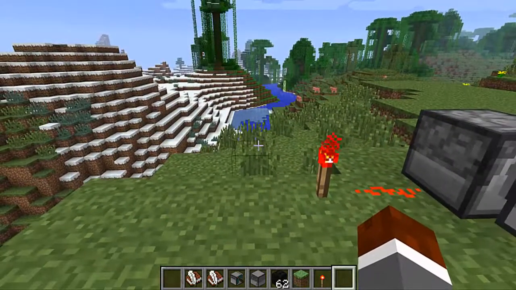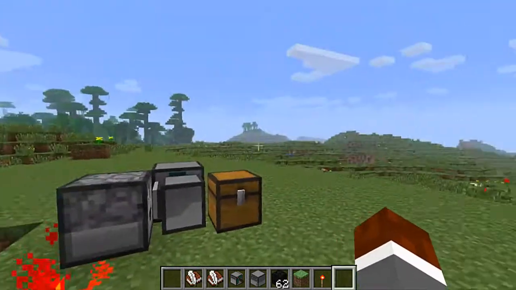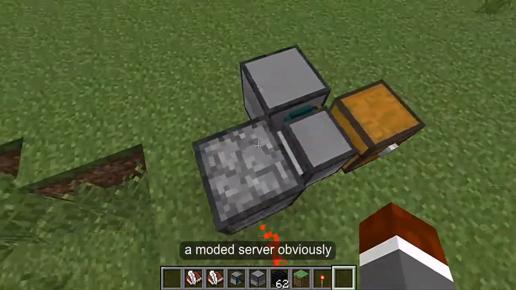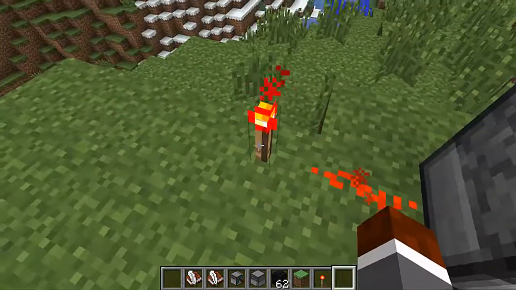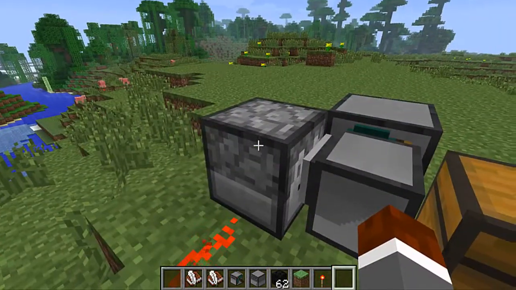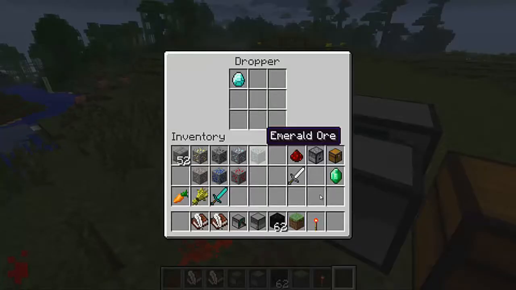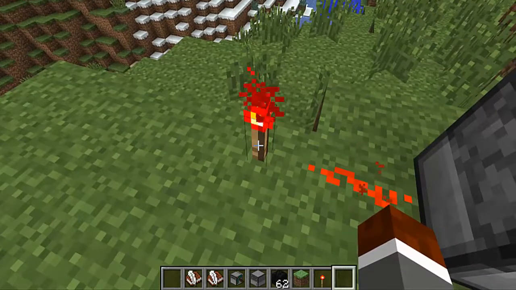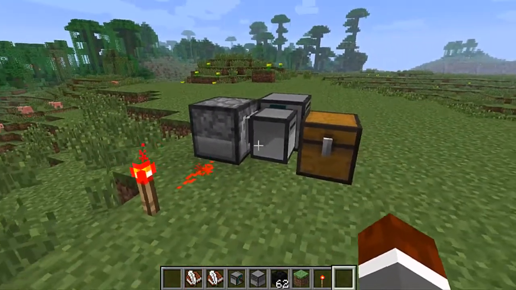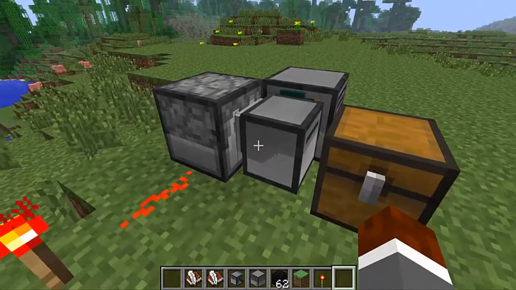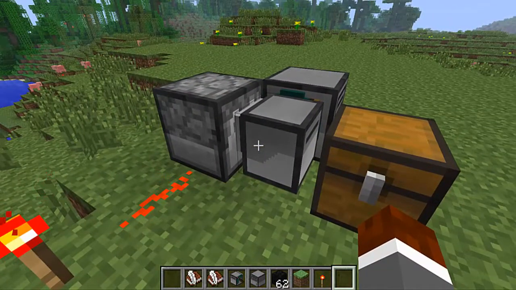So basically, if you want to end up making your own little shop on, I don't know, something like a server, you just need to end up making a sign or something saying, put your stuff in here, then you just break the block, put that in there. Because I believe if you just end up putting the block in here, it doesn't end up going away. You need to end up breaking this and then put it down, then it'll do it. But long story short, I've basically just managed to end up making my own little shop,